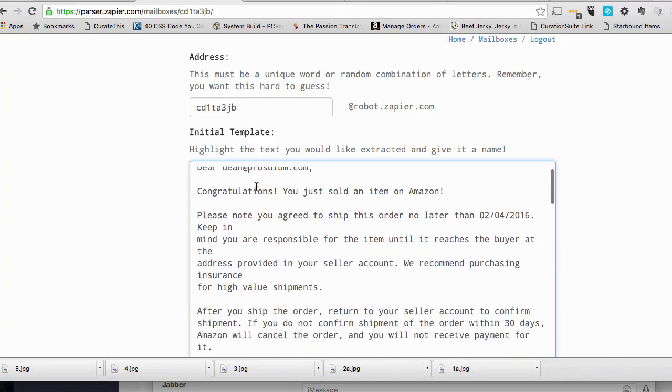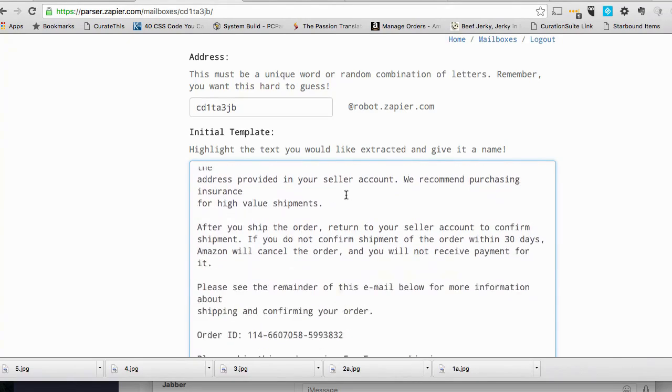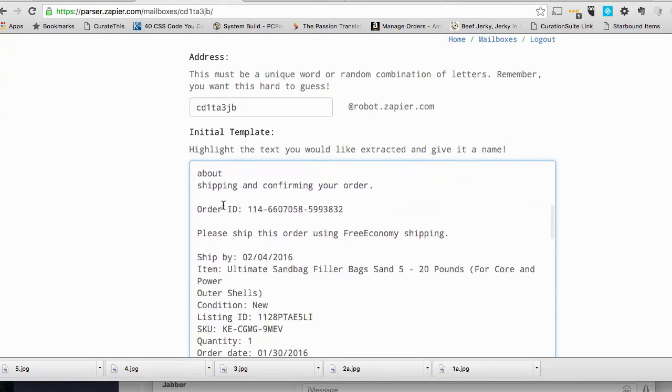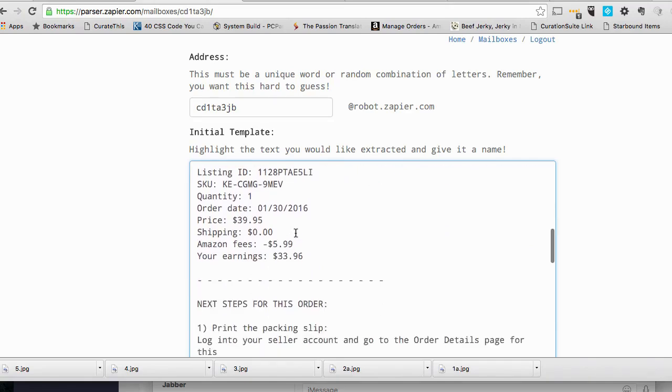Dear Dean at prosulum.com, congratulations, you just sold an item on Amazon, and it'll tell you when you need to ship. It'll give you the order ID and everything like that. Okay, so we have all of this awesome data that we can use. So I am going to go and